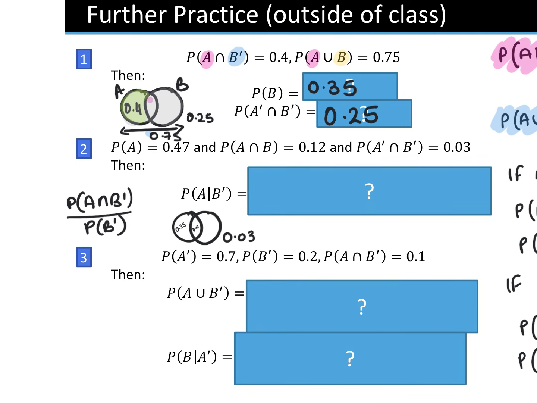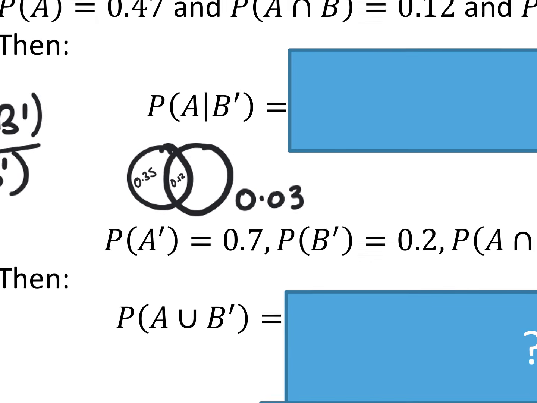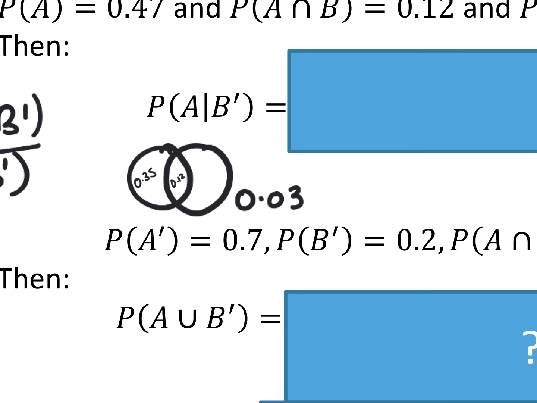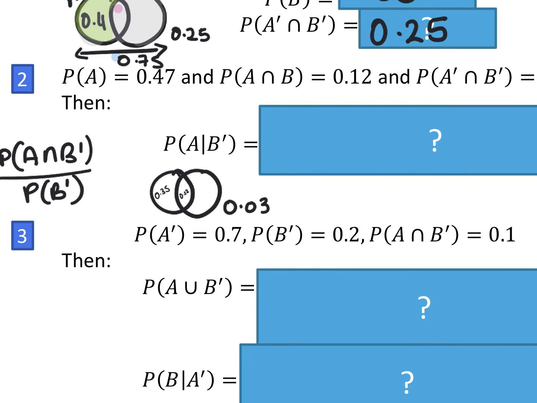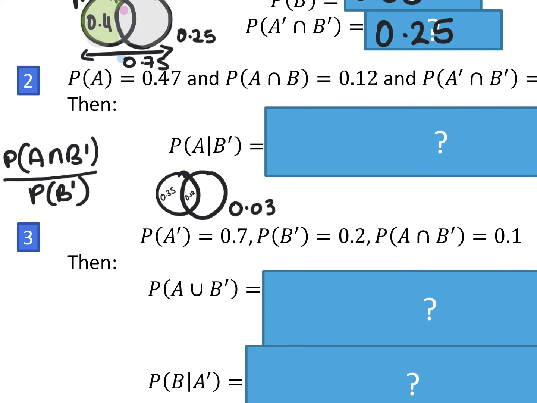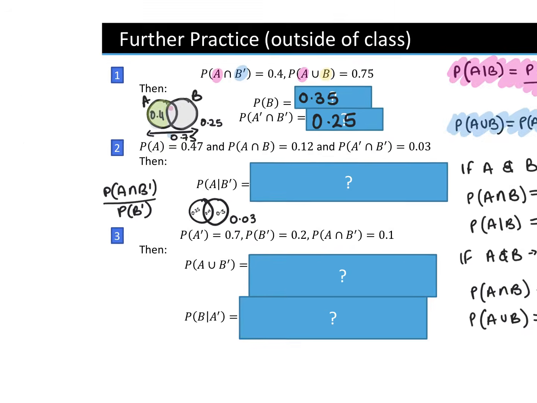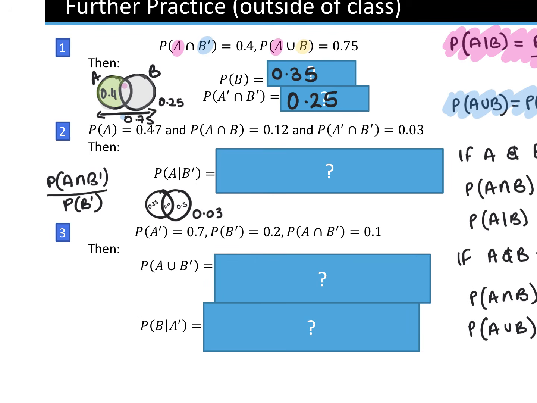So what's the answer? 0.5, is that right? So the probability of B is 0.62. So now we're able to find out what's going on. The probability of A